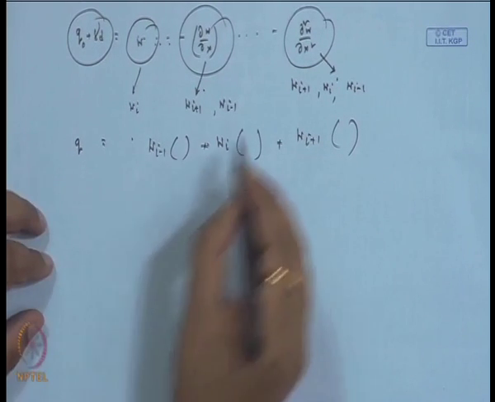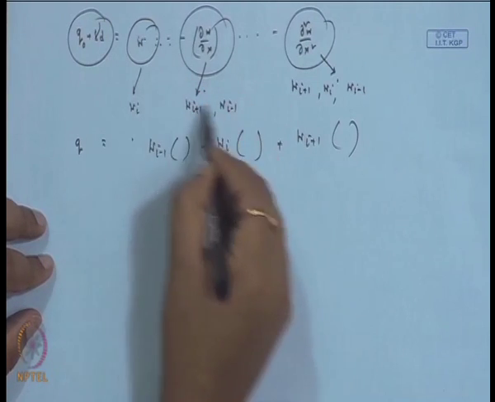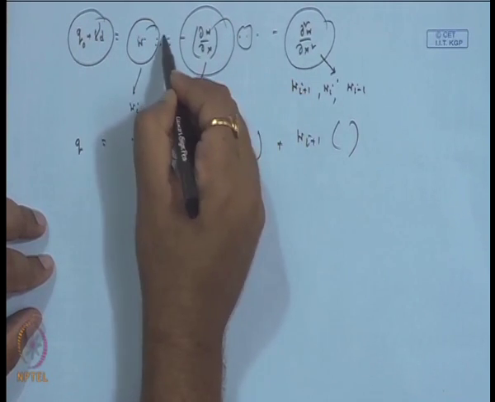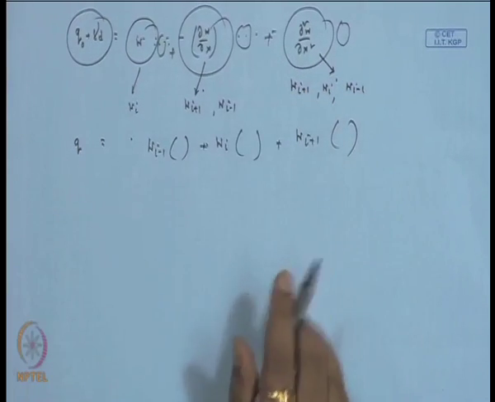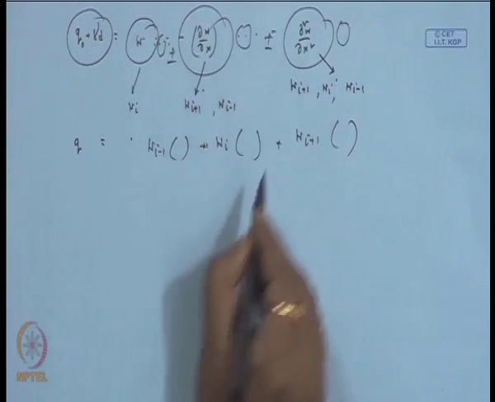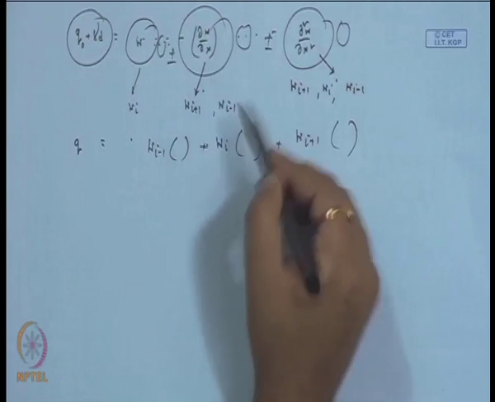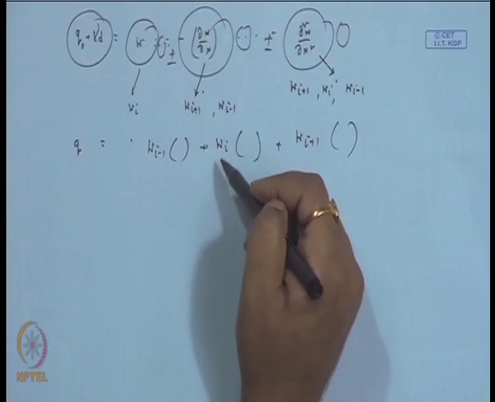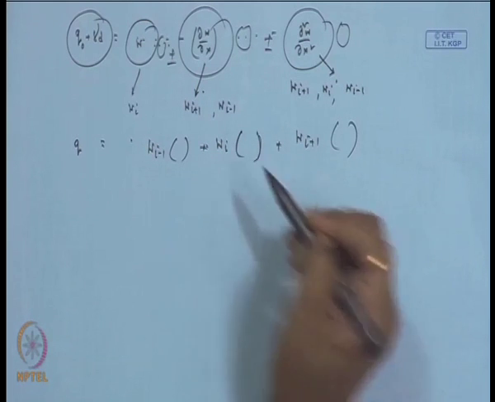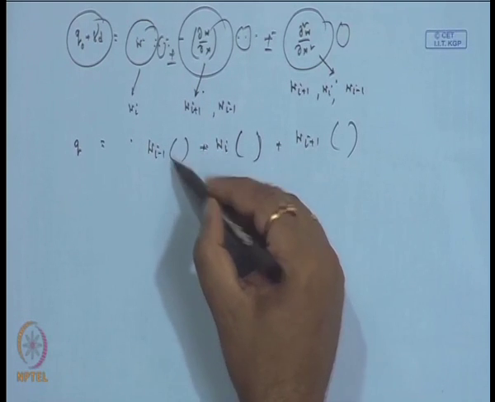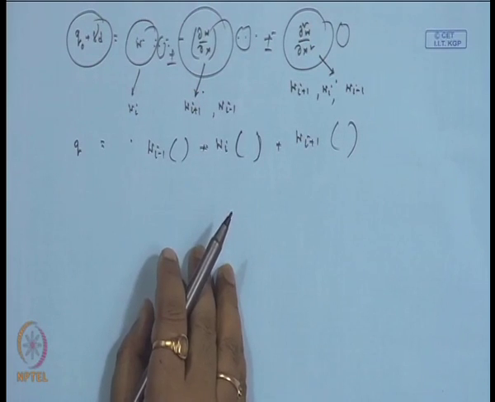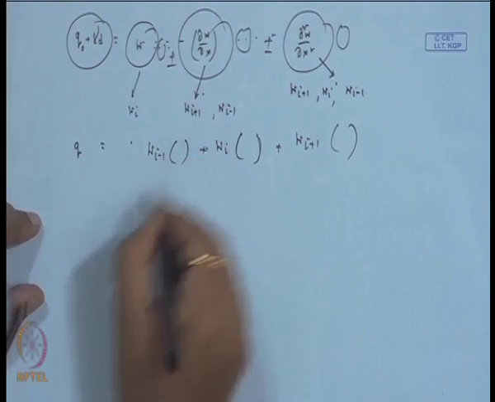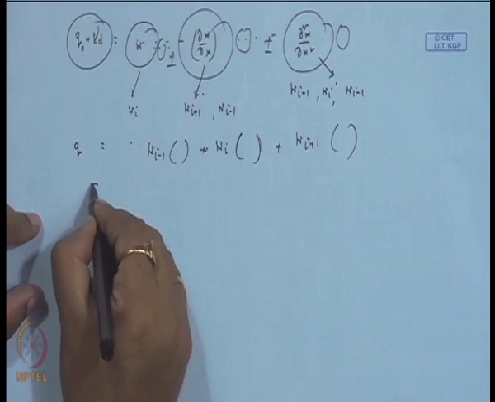So, once we express this term, there must be some constant here, some constant here, some constant here, plus or minus, maybe anything. Now we express this term and then separate all the components of w i in one bracket, w i plus 1 in another bracket, and w i minus 1 in another bracket. So ultimately these are the constants, and we will get one matrix in this form.